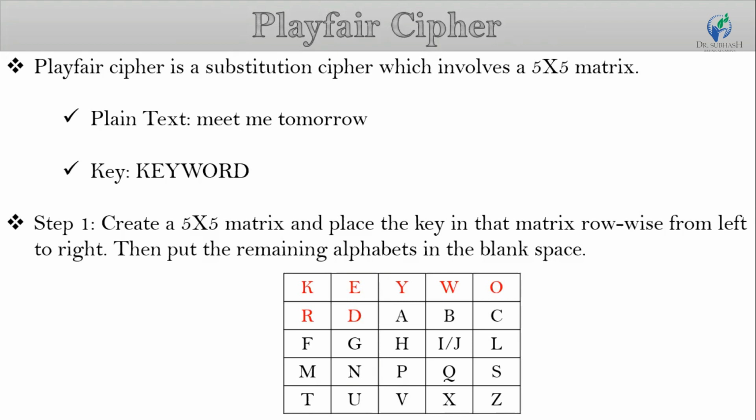Note that if a key has duplicate alphabets, then fill those alphabets only once in the matrix. And I and J should be kept together in the matrix even though they occur in the given key. Now I explain